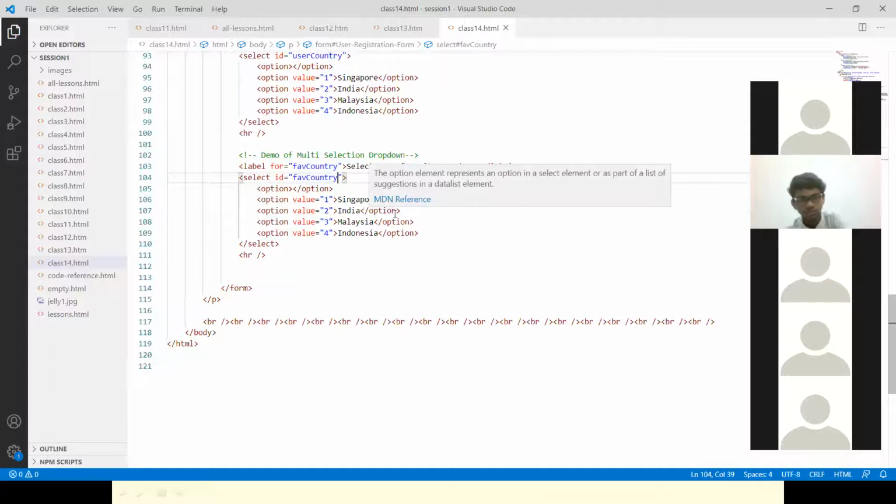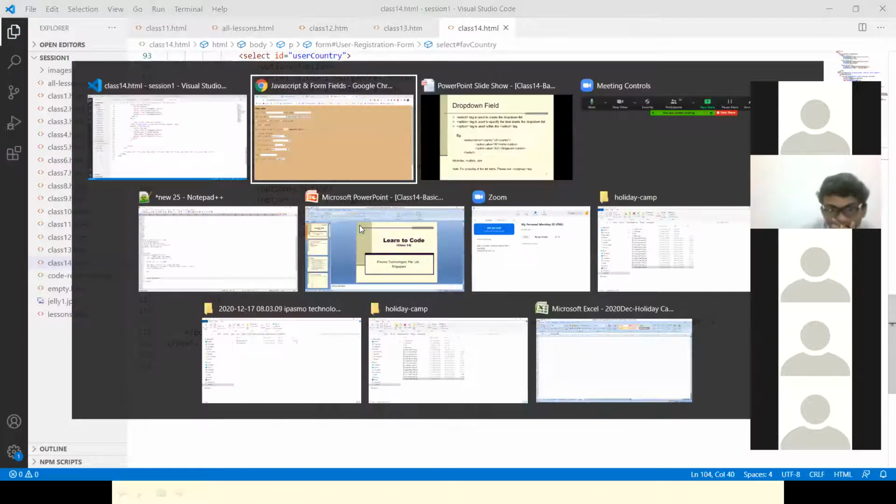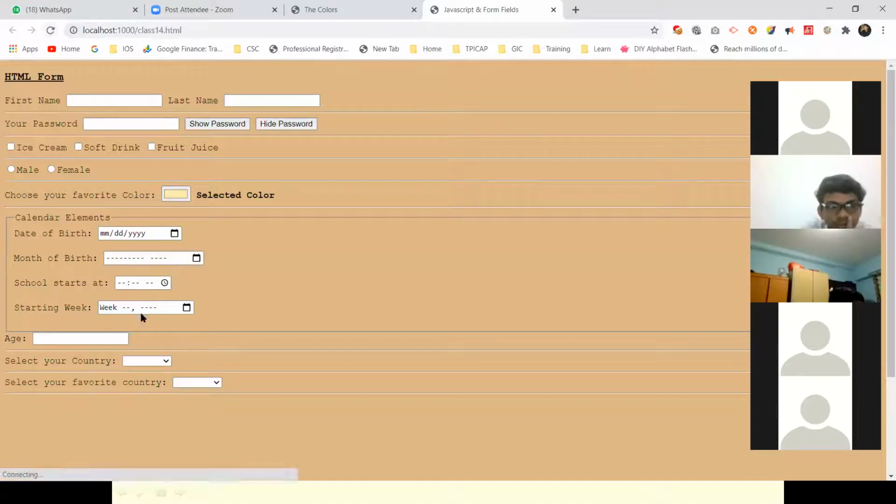Yeah, that's what I'm telling now. I'm going to save this, and there is an attribute here in the select statement. Let's refresh this and see what it does. Okay, both are same, there is no difference actually. This one is also showing 4 countries, this one is also showing 4 countries. Absolutely no difference.